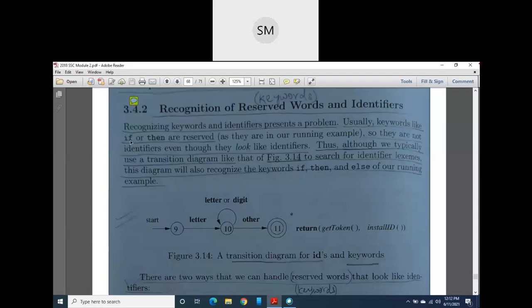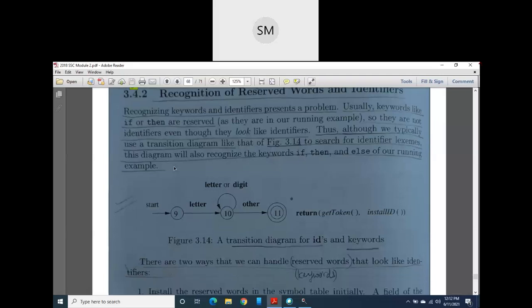But to avoid confusion, because in our C program we may use an if statement by writing a small letter if, we may write then, we may write else, it is advisable to avoid variable names which are similar to keywords. But how will our machine understand where the programmer has written the if keyword and where the programmer has written an if variable? To make this decision, we are going to use two methods here. What are those methods? I will tell you, just wait here.